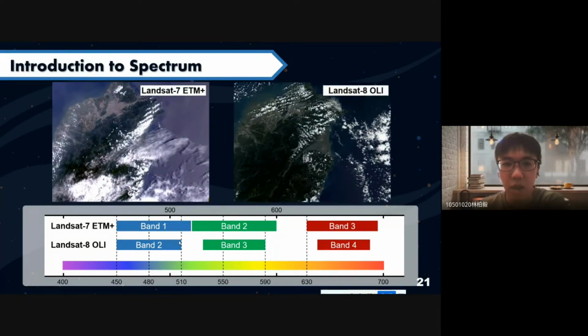So the color display is also different. So here, you need to take care when using this kind of data. You need to do the normalization.